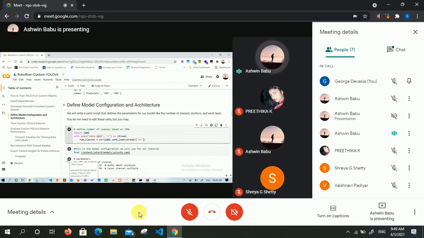In our case, the number of classes is 5. Classes means the groups of objects we are trying to categorize. Here we are categorizing 5 groups: one is apple, one is mango, one is banana, one is broccoli, and one is carrot. So we have 5 groups of objects we need to classify.